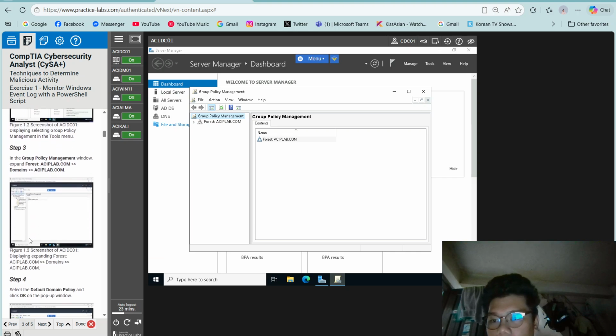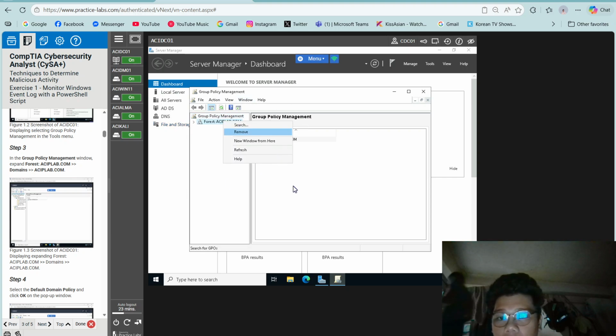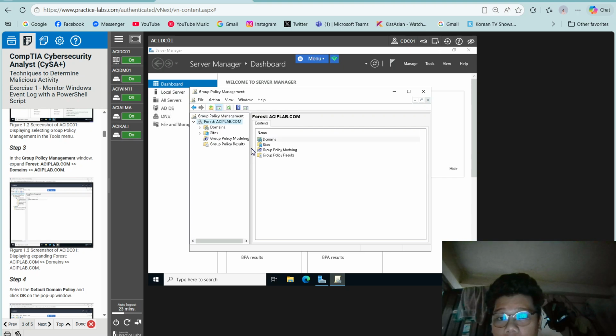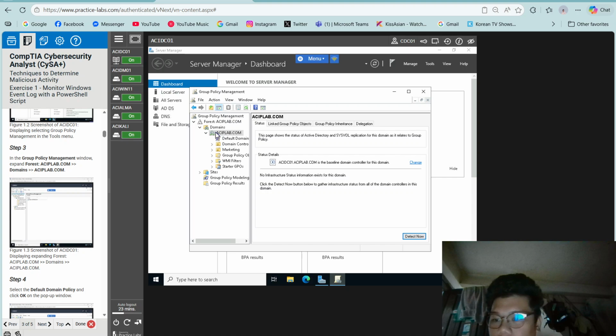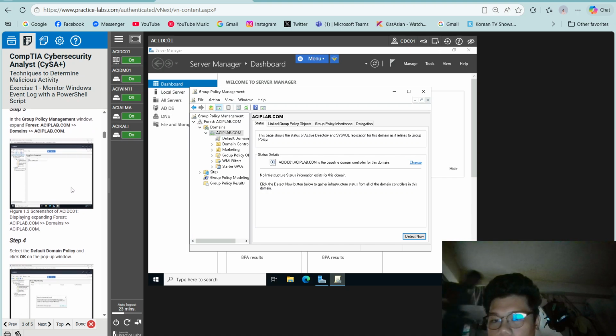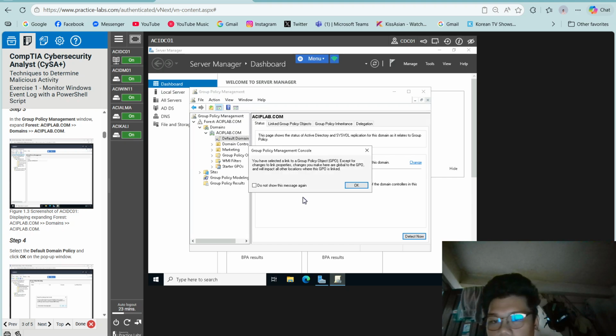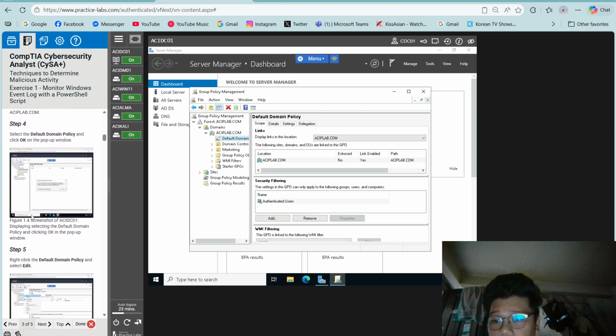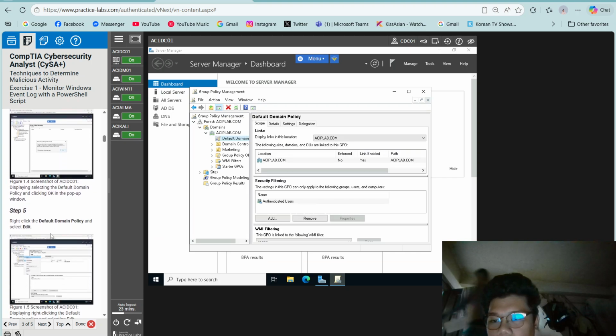So in the Group Policy Management window, expand Forest ACIPL Lab, then Domain, then aciplab.com. So step 4, select the default domain policy, then click OK. Step 5, right-click the default domain policy and click Edit.